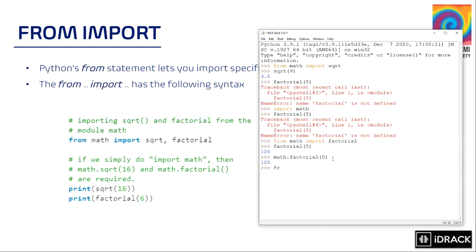Okay. Now, if you think that it's going to be difficult to write math, even though it's just 4 letters, over and over again, what we can do is import math as m. So now instead of writing math.factorial, if you simply write m.factorial, it would work. This is because this module, it's kind of in its memory, it's changed its name from math to m. I see. Okay, do you get that? So these are simple ways of importing